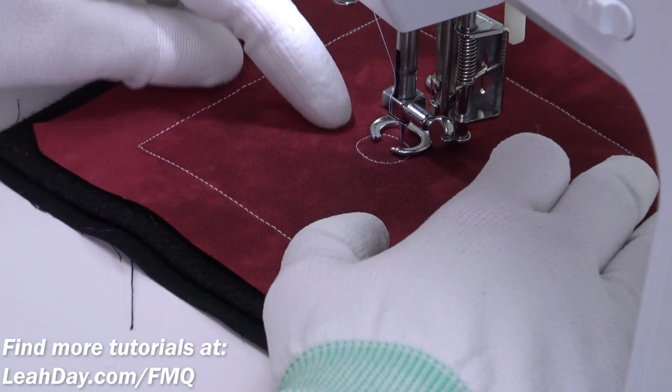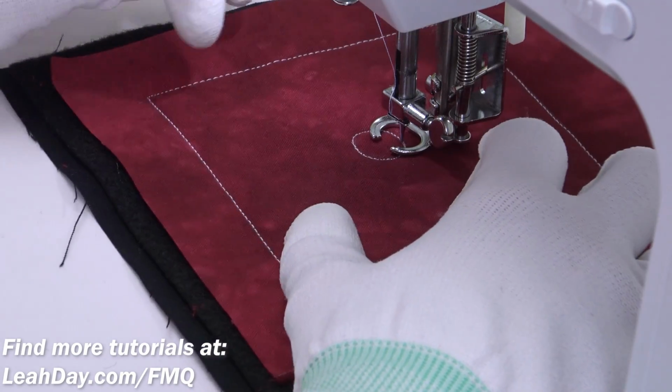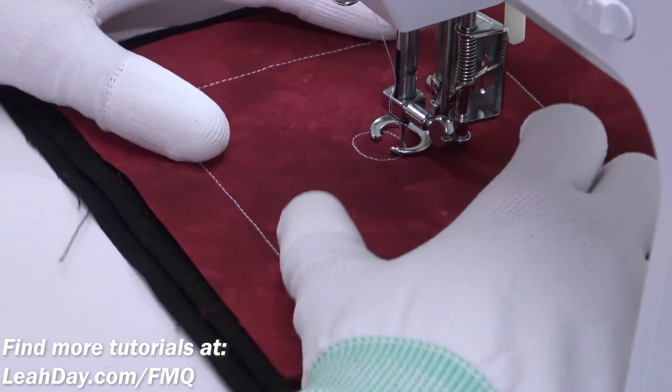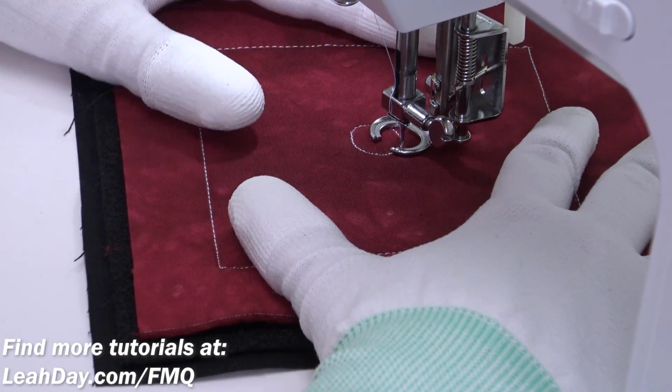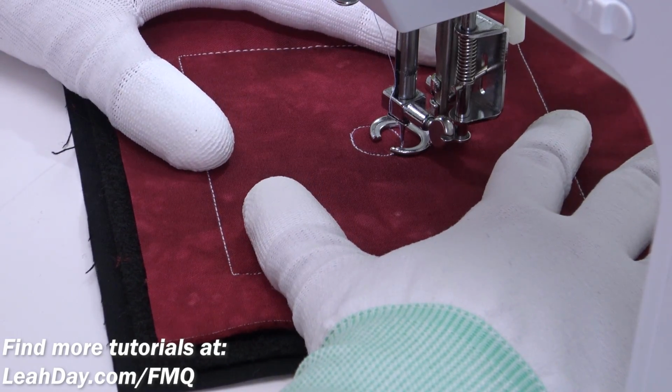And what that does is it makes sure that your thread tails are not going to come undone, they're not going to unravel, and you cannot see that knot on the surface at all. It's really, really nice. All right, so now to turn this into Rose is a Rose, we're going to start